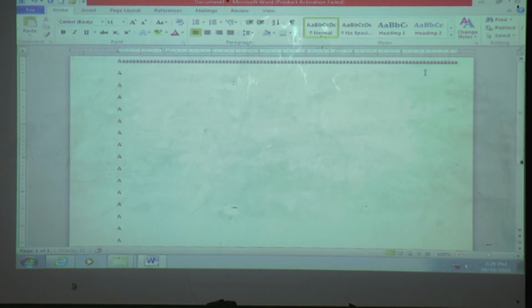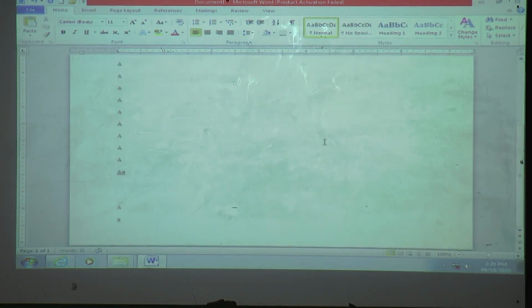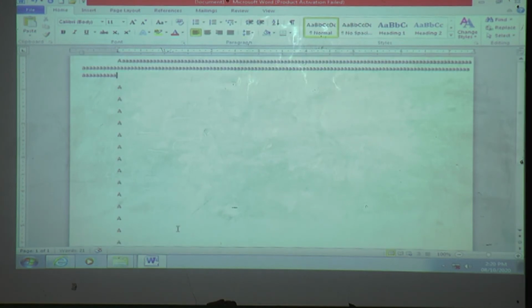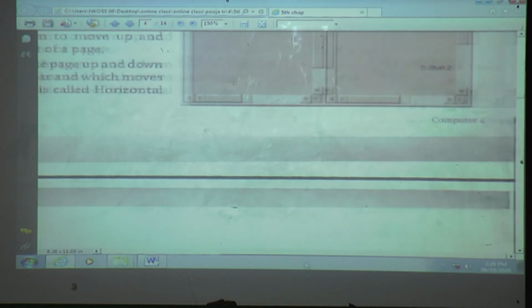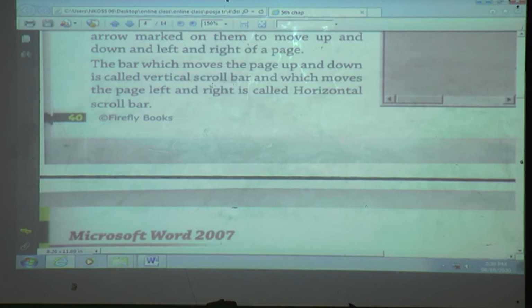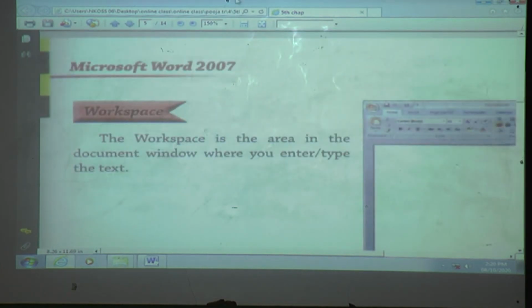And now if I write this, then if you want to move to the left or right side, we require the horizontal scroll bar. What is the difference between the horizontal and vertical scroll bar?